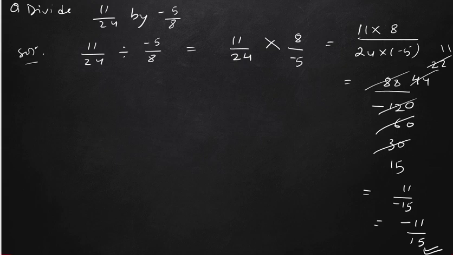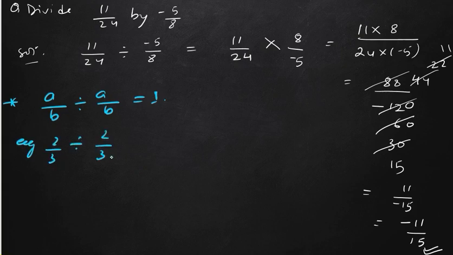So, properties of division of rational numbers. It satisfies the closure property also. And if we divide the same rational number, what will be the answer? Obviously it will be 1. Example, 2 by 3 divided by 2 by 3. Both are the same rational number, so if we divide the same number, we get answer 1. And another one: if we divide any rational number by 1, the answer will be the same. So you need to remember this too. These are very easy.